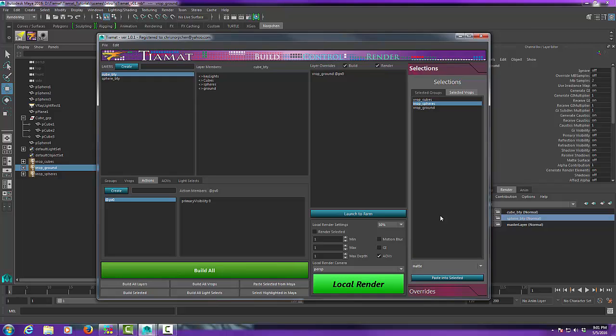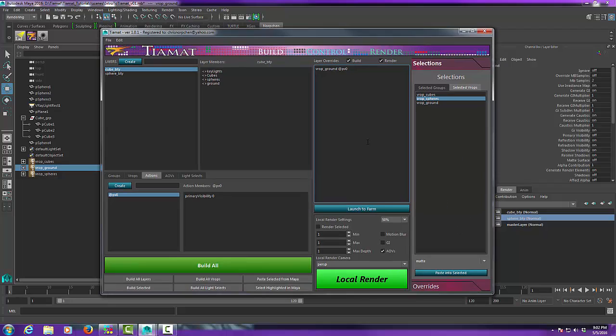Now, as you know, those of you who've probably worked with V-Ray, there's a few things you have to control in order for the matte to be a true matte, which I'll show you. And the nice thing is Tiamat takes care of all that for you. So if I say paste, again, it does VROP spheres. And again, it doesn't do a third argument. These standard ones, except for material override, don't require a third argument because Tiamat knows how to handle them. And it does all that for you. So now if I build all,